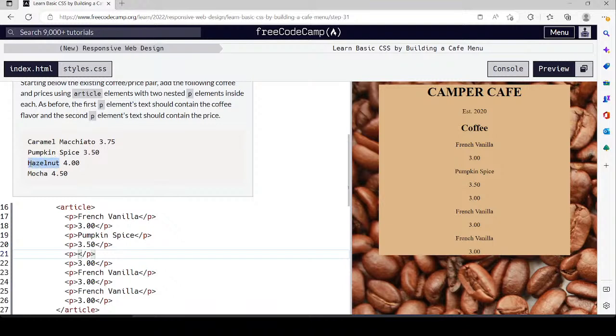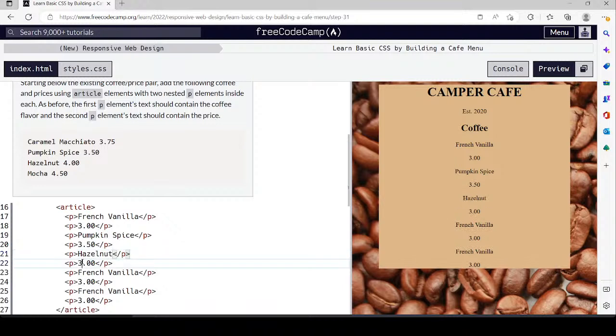And for this, it's going to be hazelnut. That's going to be $4. It's kind of pricey. Well, I just want to make sure. I think I may have put an extra one, but